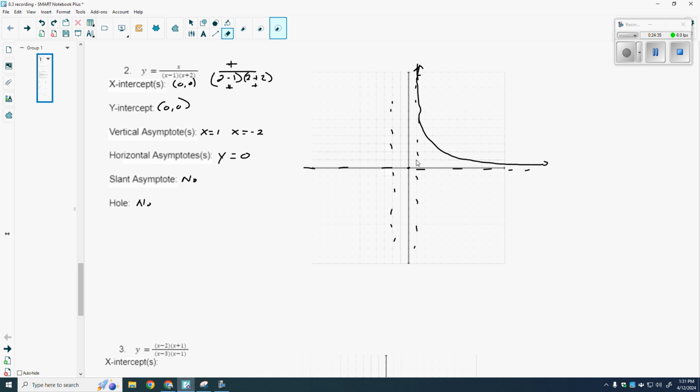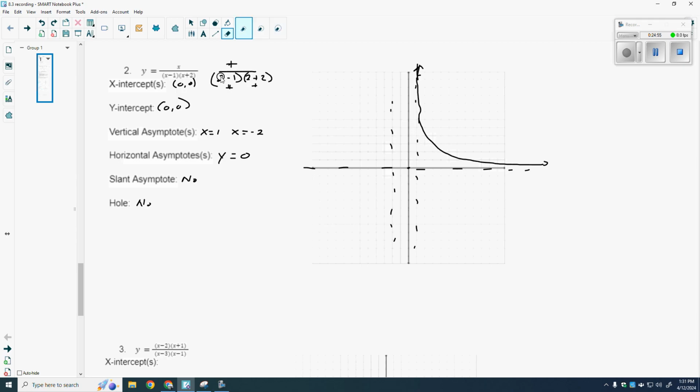Next thing. In between 1 and -2. What's between 1 and -2? Well, I don't want to plug in 0 because I already know that's 0. How about in between 0 and 1? How about a half? My question is, is it up here or is it down here? When I plug in a half